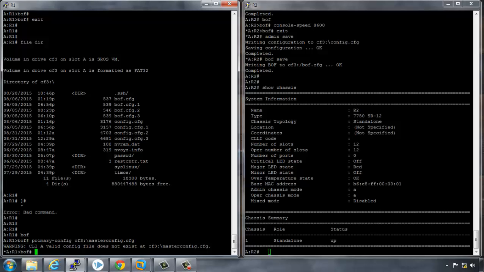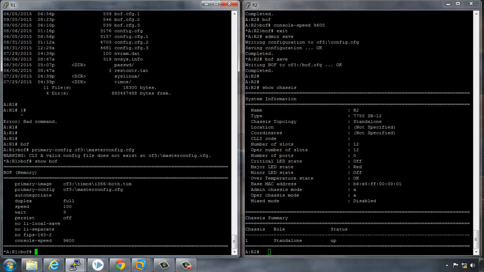This isn't a problem, because we're going to create that config, but first we have to point the BOF towards it. If I now say show BOF, you can see that the primary config it's going to be looking for is master config. Let's save the BOF